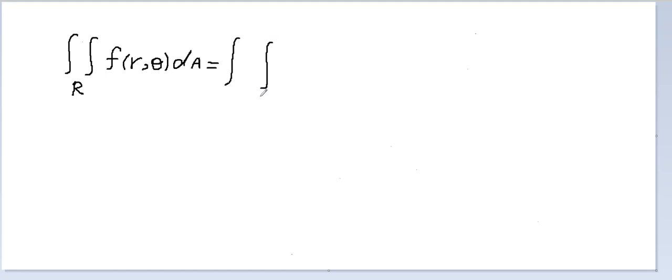So r is from the inner radius, 1 minus cosine theta, to the outer radius, which is 1, and theta is from minus pi over 2